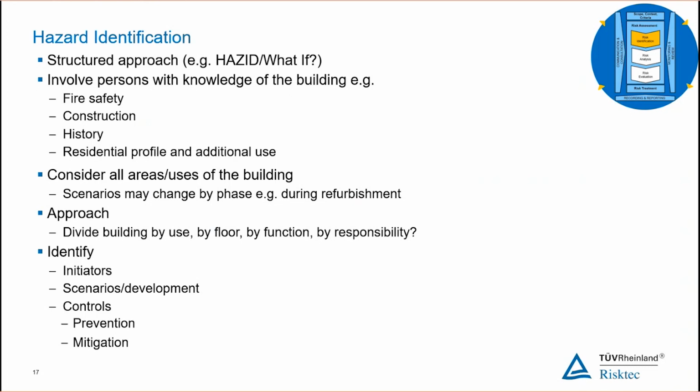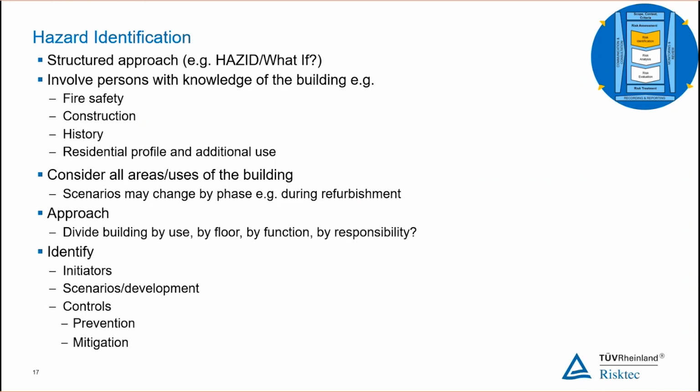Now, it might be that you start off with your building during its most normal operation, so its occupational phase, and then you would come back and revisit that. We are planning to do further constructional refurbishment 6 months in the future. We'll come back in and we'll look at the risks we identified. How are they going to be changed by the activities that we're going to do at some point in the future? So how you approach this is going to be up to you.